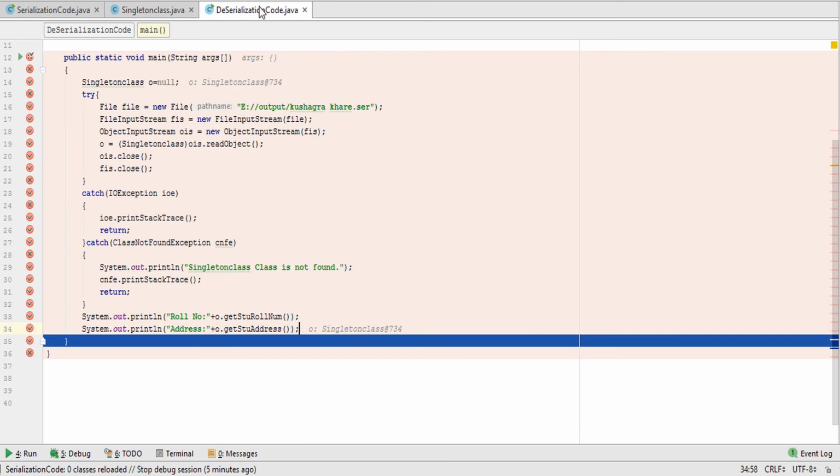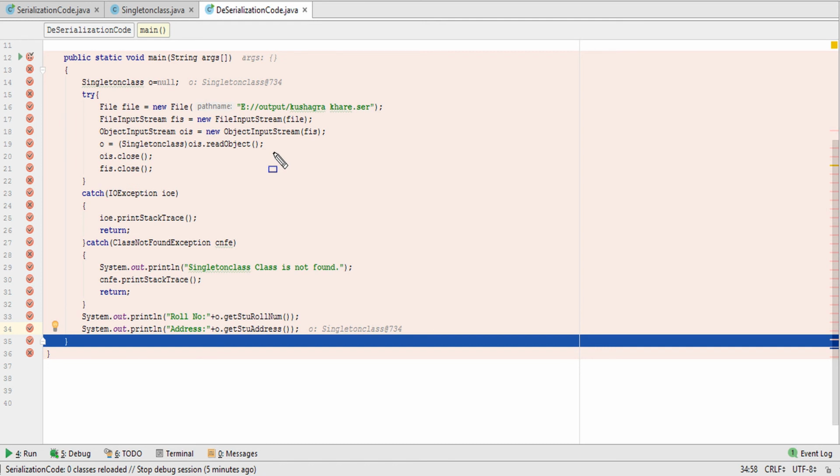Okay, so after that the line will come to these three. With the help of these three lines, the computer reads the kusharkharray.ser file, and with the help of this line, the file kusharkharray.ser will be read.